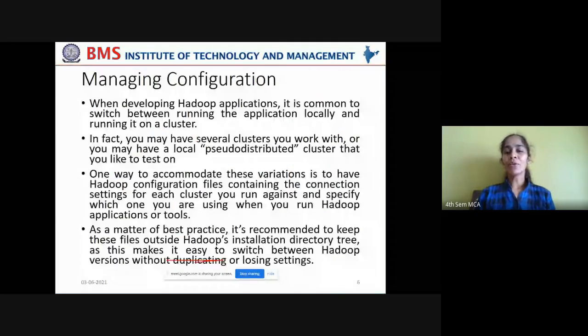Now, when developing Hadoop applications, it is common to switch between running the application locally and running it on a cluster. Why do we need to do this? You develop some code and run it at the cluster level.